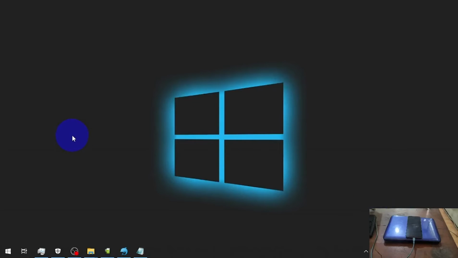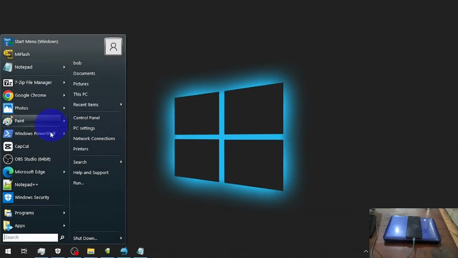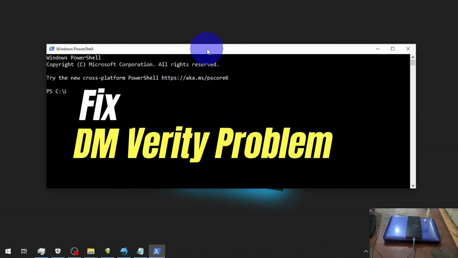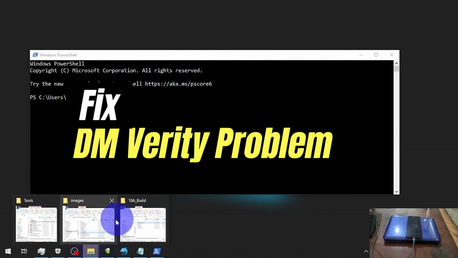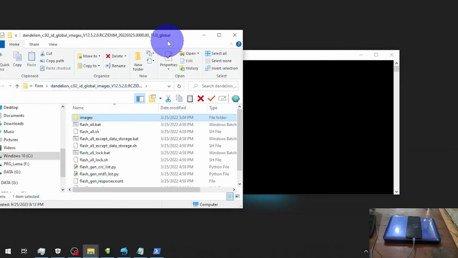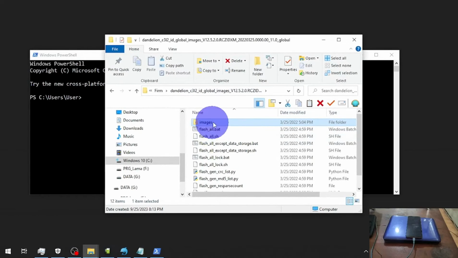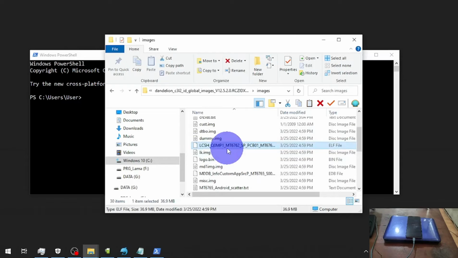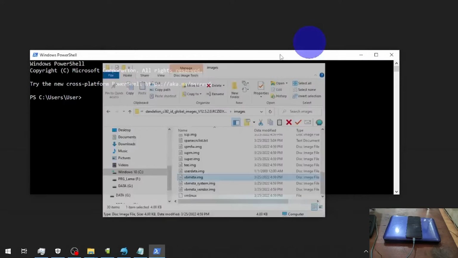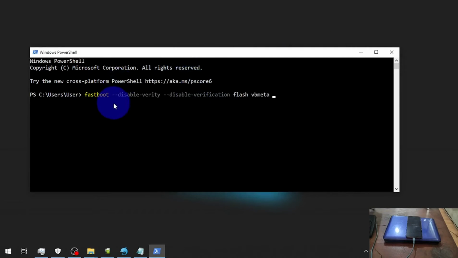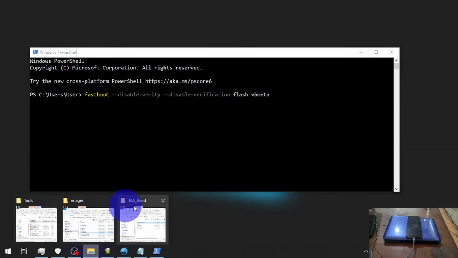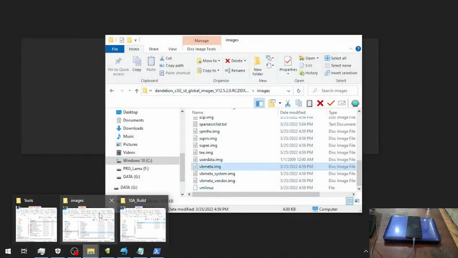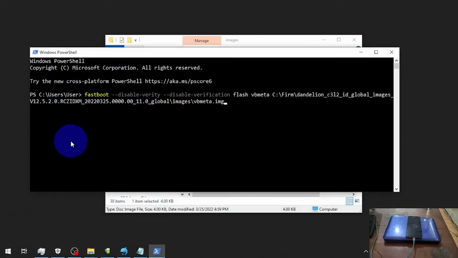Okay, now let's try to fix the error message right here. Open the PowerShell and open your stock firmware folder. Go to the image folder right here and find the vbmeta. And now let's type the command fastboot --disable-verity --disable-verification flash vbmeta, and just click and drag the vbmeta right here. Okay, hit enter,